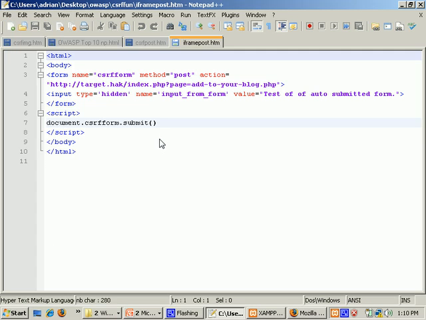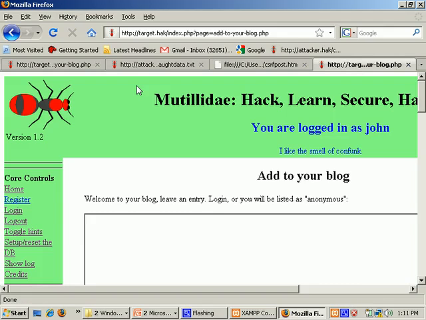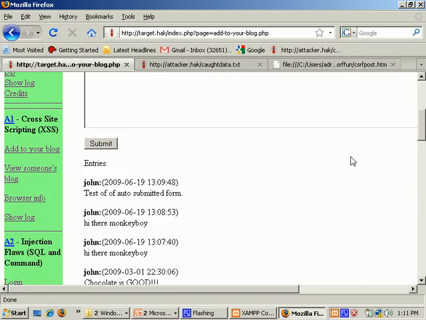It has this little form with a bunch of hidden variables, because I don't really need to show them, that have the proper variable names and the data I want to submit. Then it runs this simple little script, and it tells the form to automatically submit itself. If I was to open this particular page directly, it doesn't automatically redirect, which is obviously not what I want. That's why I use the second page with an iframe. But that's a couple of ways of doing cross-site request forgery. Now, on this, I was just being annoying. I was basically